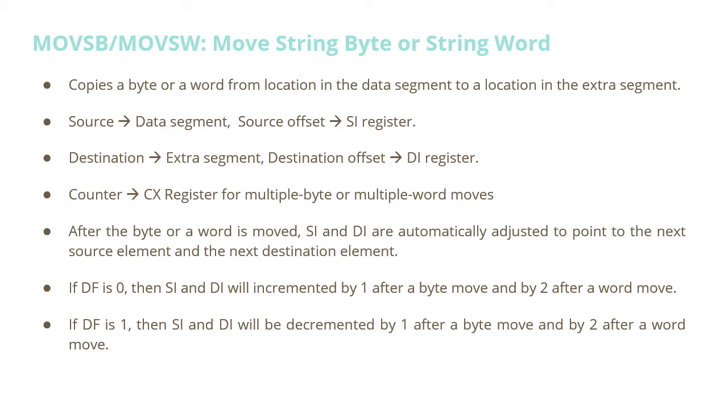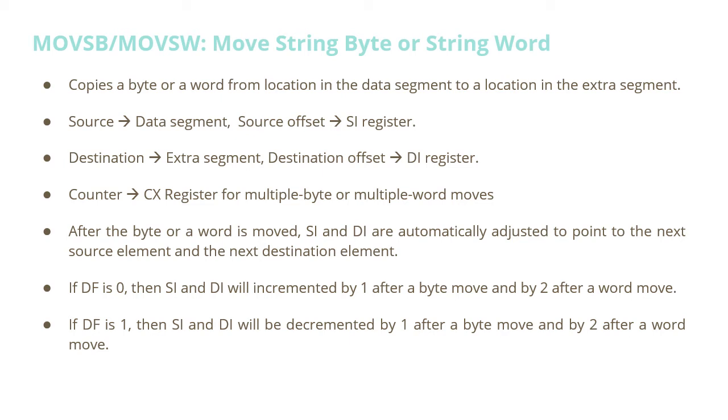The REP instruction prefix is used with the MOVS instruction to repeat it by the value given in the counter. The length of the byte string or the word string must be stored in the CX register as the counter. No flags are affected by this instruction. After the MOVS instruction is executed, the index registers are automatically updated and the CX is decremented. The incrementing or decrementing of the pointers, that is the SI and the DI, depends upon the direction flag.